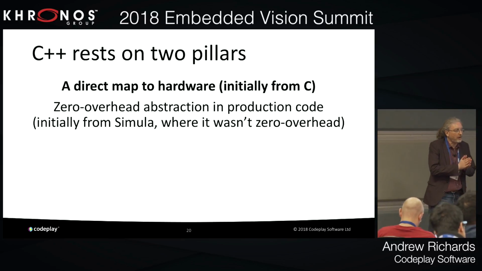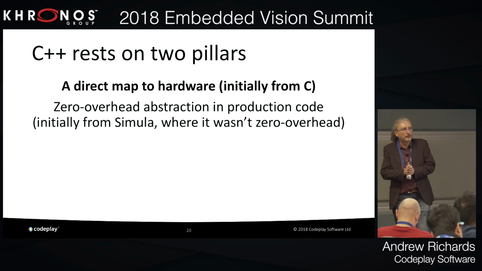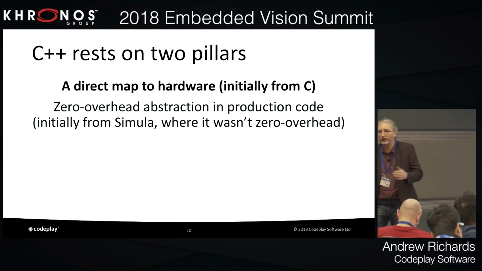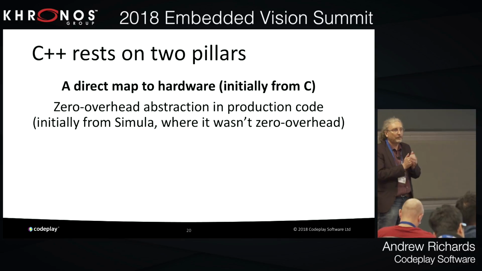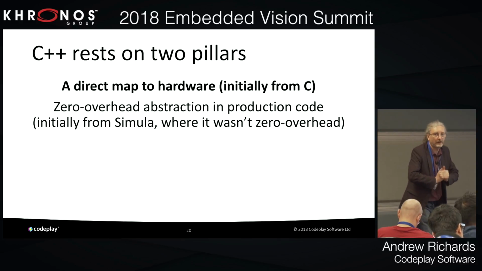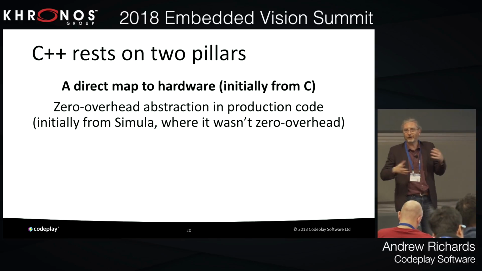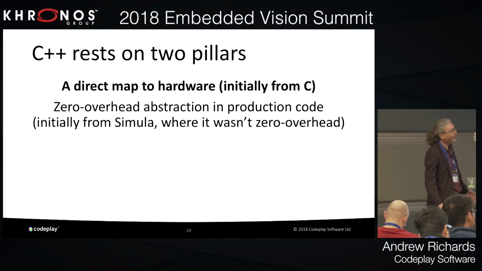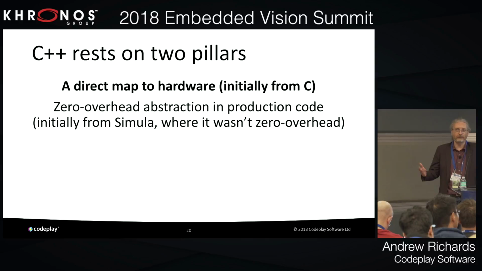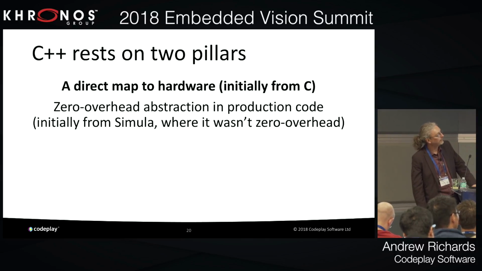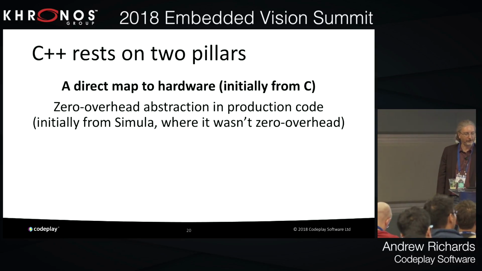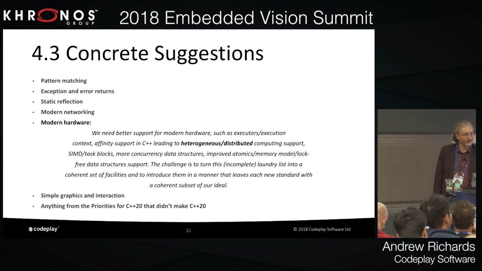And zero overhead abstraction. So that's what we've got to think about with this stuff. All of the complicated abstractions that we have shown have got to be zero overhead. We mustn't slow down our code. There's no point us adding all of these cool abstractions. Look, we've used all of these templates, if the code that comes out of it is horribly slow. And I hadn't realized this, it originally came from Simula, which is an old language that I've never actually used, but I was surprised by this. So the concrete suggestions,